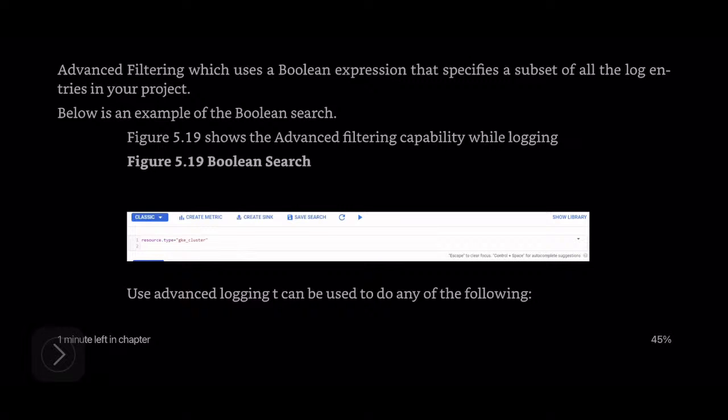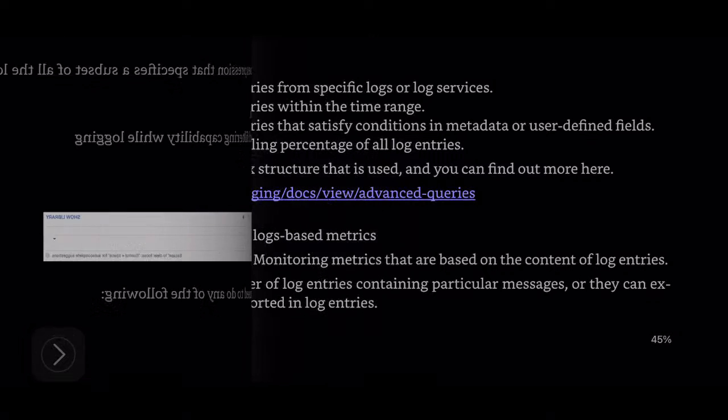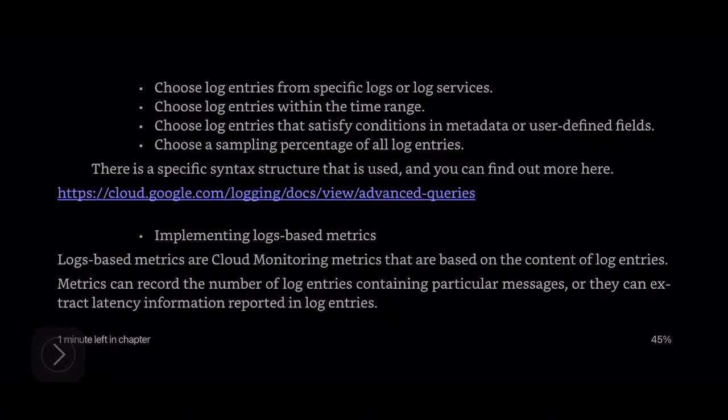Advanced logging can be used to do any of the following. Choose log entries from specific logs or log services. Choose log entries within the time range. Choose log entries that satisfy conditions in metadata or user-defined fields. Choose a sampling percentage of all log entries. There is a specific syntax structure that is used, and you can find out more here: https://cloud.google.com/logging/docs/view/advanced-queries